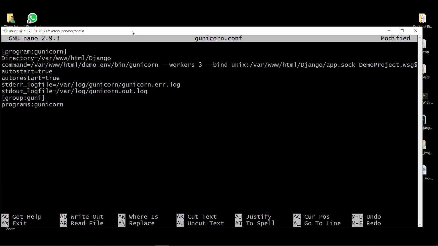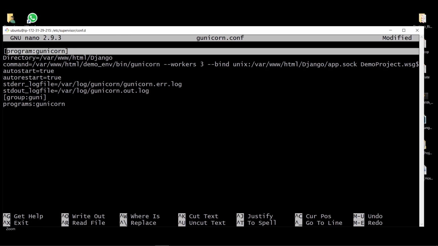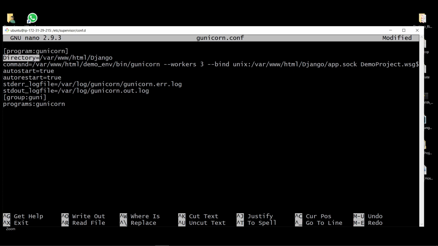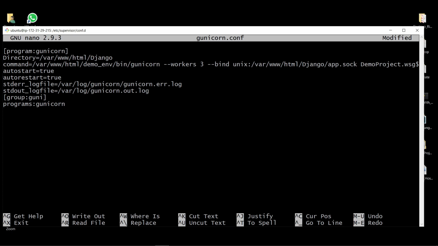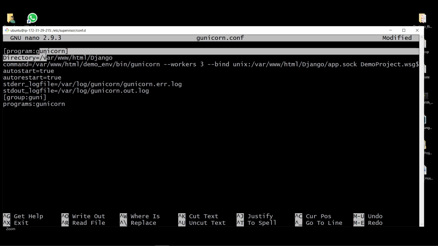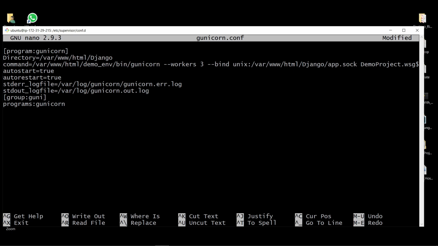What it actually does: it's the program gunicorn, and we need to provide the directory where your project is. My project is inside the Django folder, inside var www html. So this is the project directory here, and we need to specify where our gunicorn is.